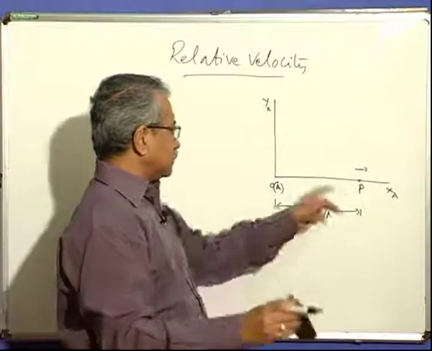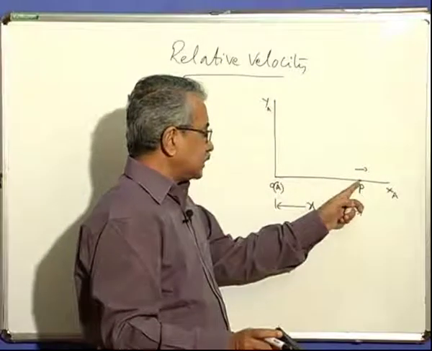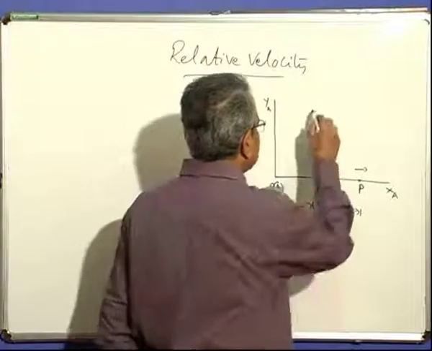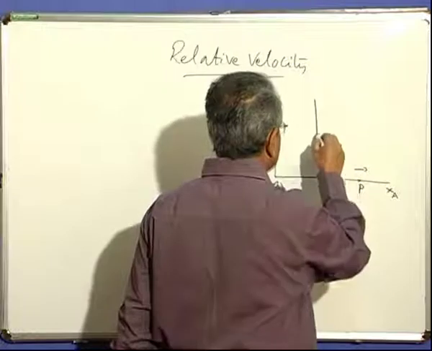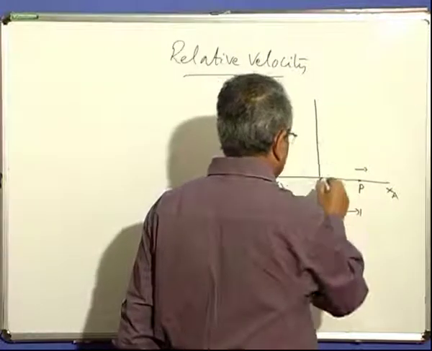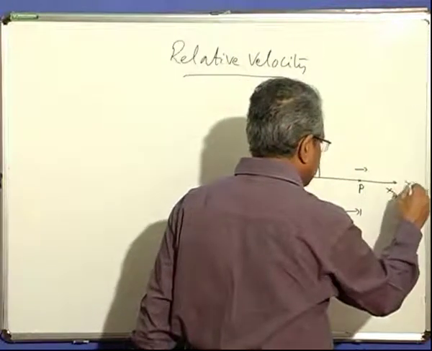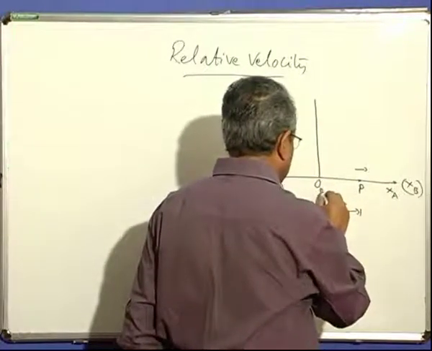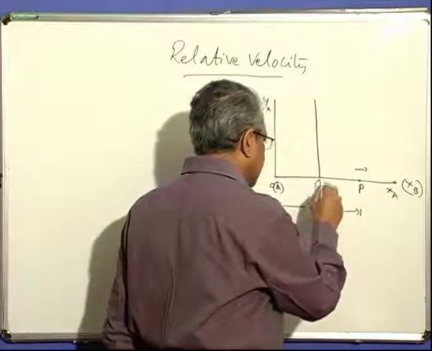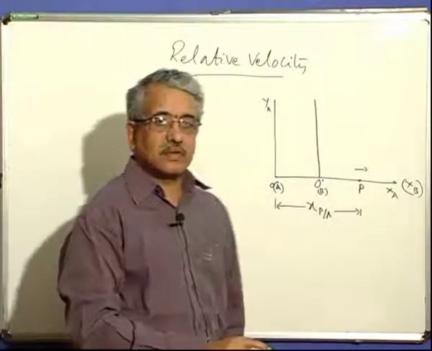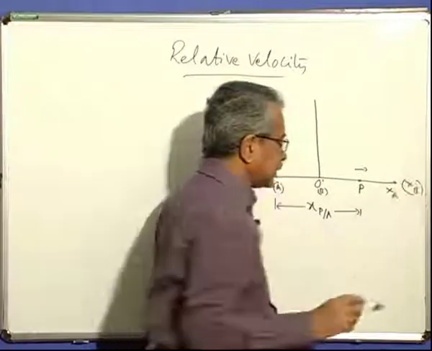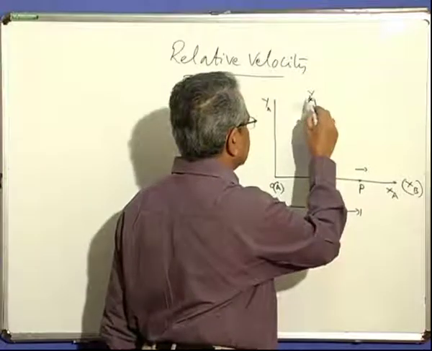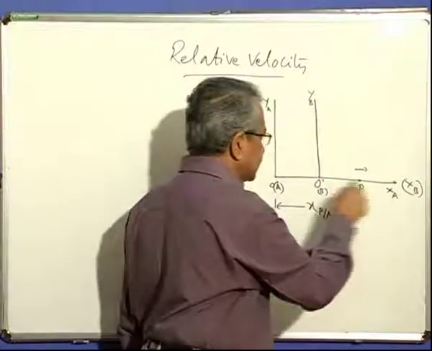So it is with respect to A. A measures the position from here to there along the x-axis like that. Suppose there is another coordinate system here, together with this one, where the x-axis of this other observer, having origin at O dash, here we call it OB. He has another x-axis here, along with it the y-axis is here for him. This is the coordinate system.